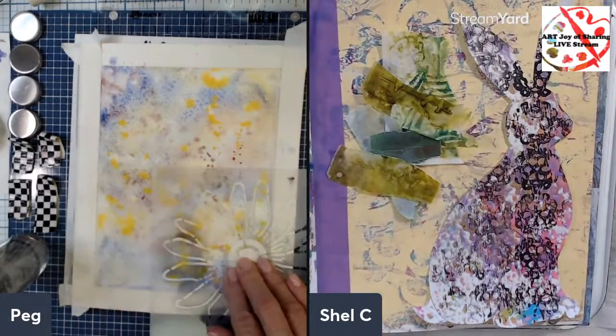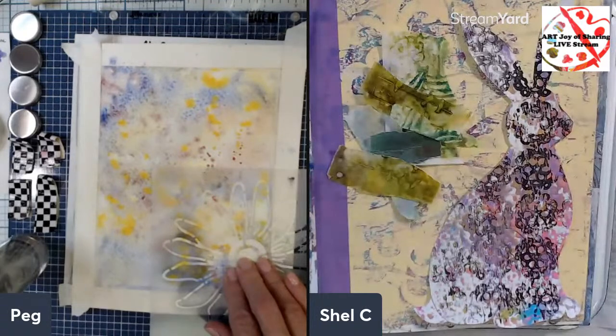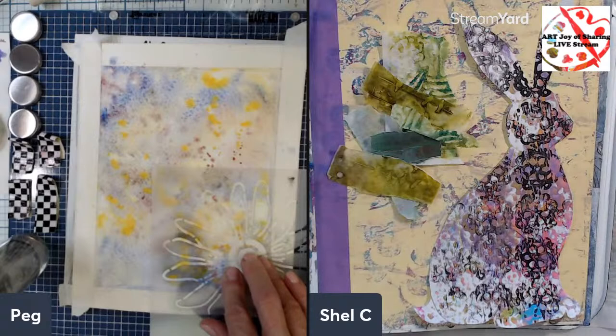We're just getting set up here. I've got a watercolor background I started yesterday, and I'm going to use some scrubbing techniques on it. What are you doing, Shell? I think I'm going to make,